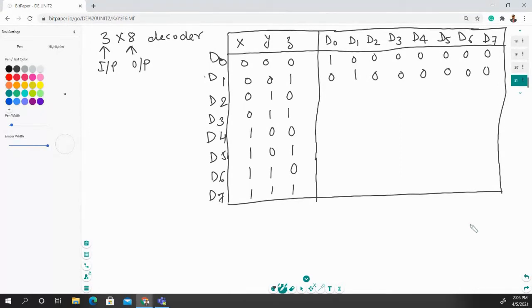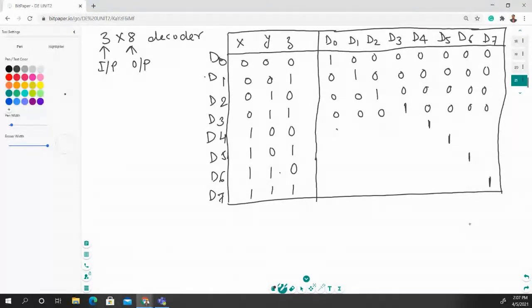So D2 is this one, D3 is this one, then D4 is this, D5, D6, and D7. And place 0 across all other bits. In this manner you can create a truth table for the input and output lines.